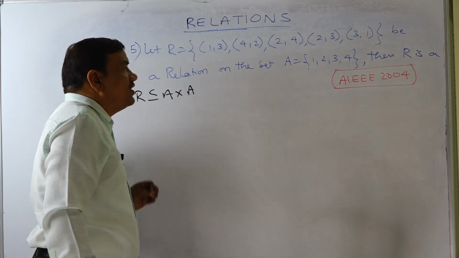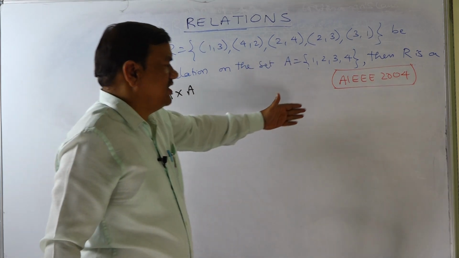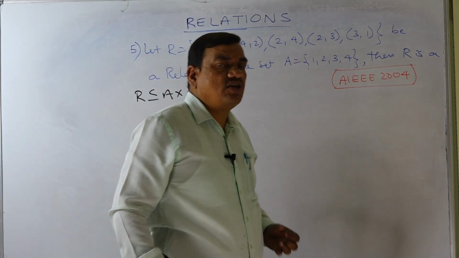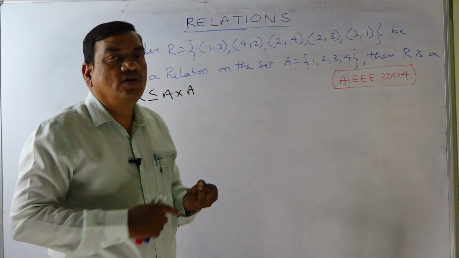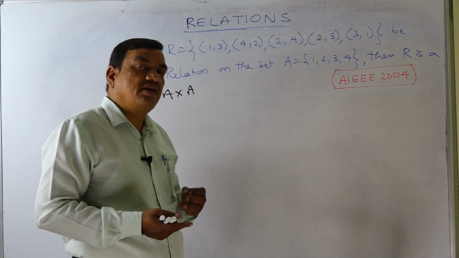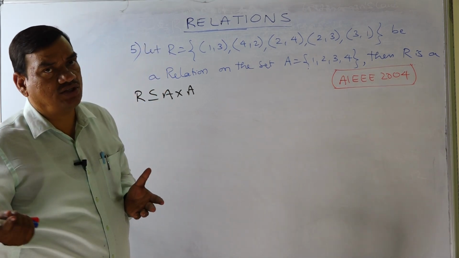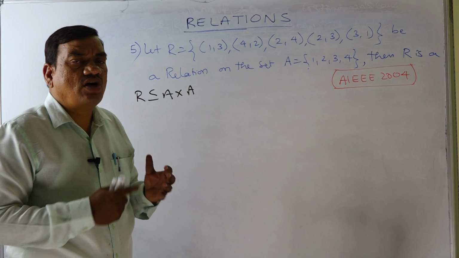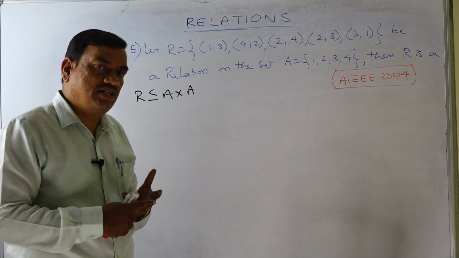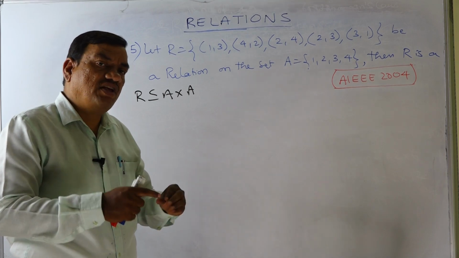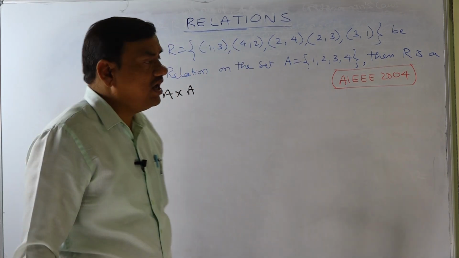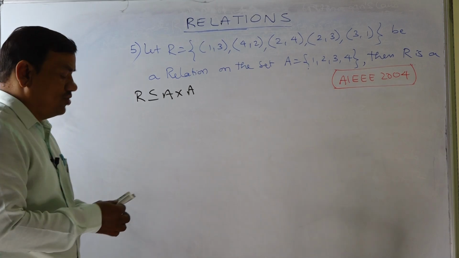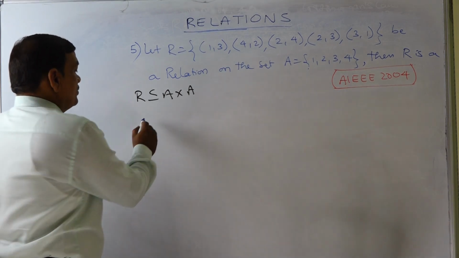Okay, then we have to see what R is. Here the options are: R is reflexive but not symmetric but not transitive. Second option is R is symmetric but not reflexive but not transitive, like that. Option C is R is reflexive, symmetric, transitive. Option D is neither reflexive, nor symmetric, nor transitive. Those are the 4 options we have. Okay? So let us check one by one. So first one is reflexive